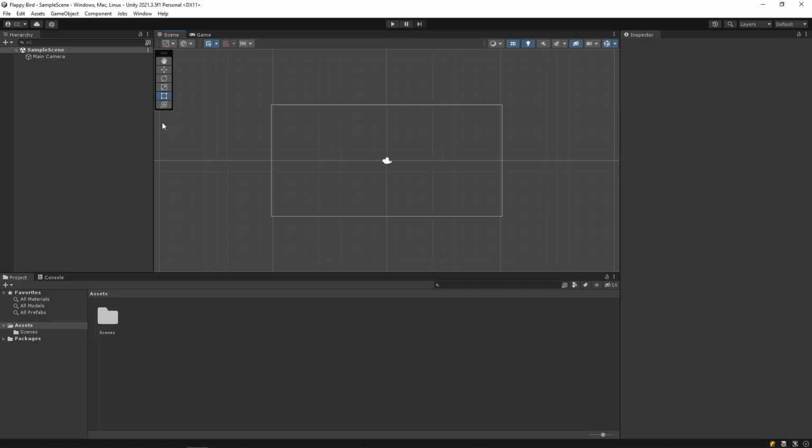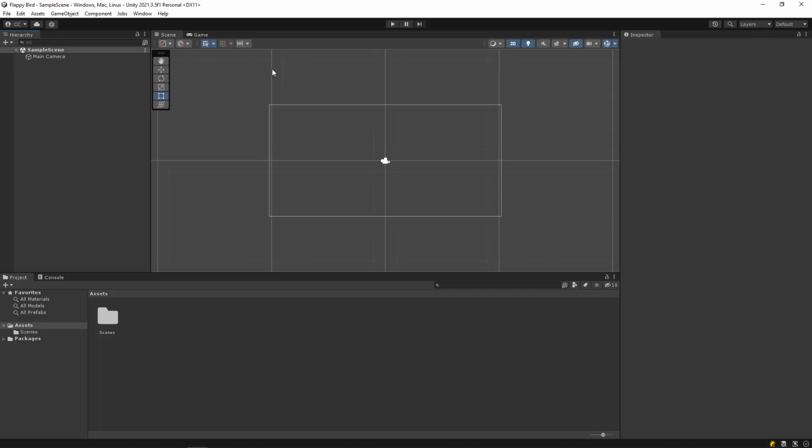And one thing that will also make it easier is actually changing our layout. So you can resize these windows. You can even take these tabs and pop them out and put them right next to other tabs. And that's actually what we're going to do because it is a little bit confusing how Unity has it by default, in my humble opinion. So what we're going to do is change this layout a little bit.